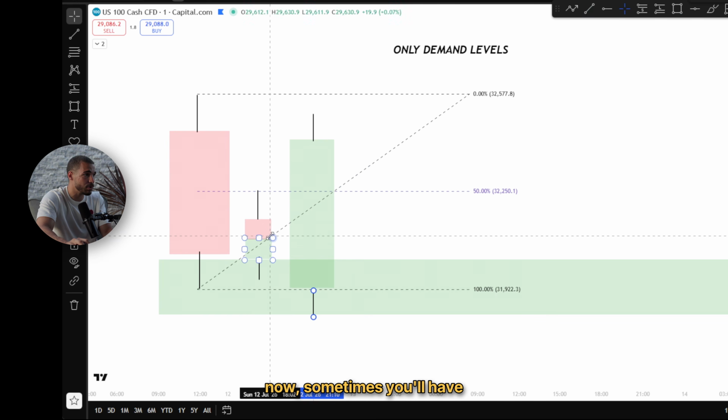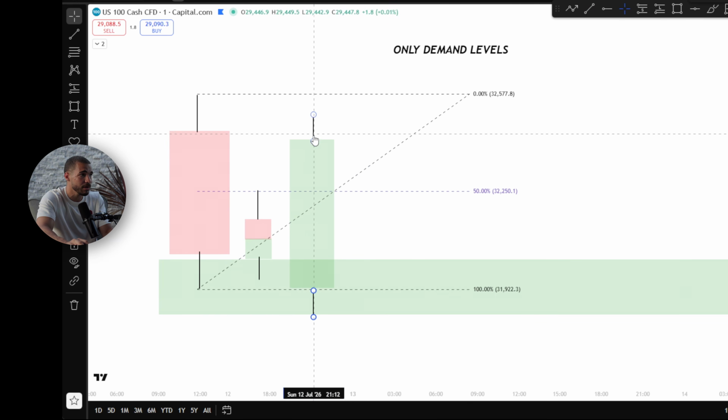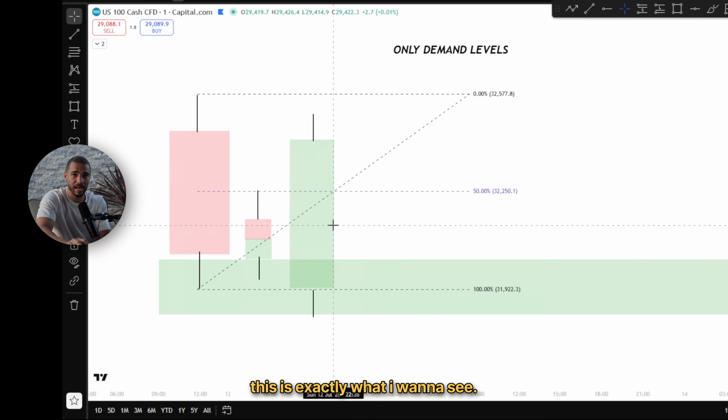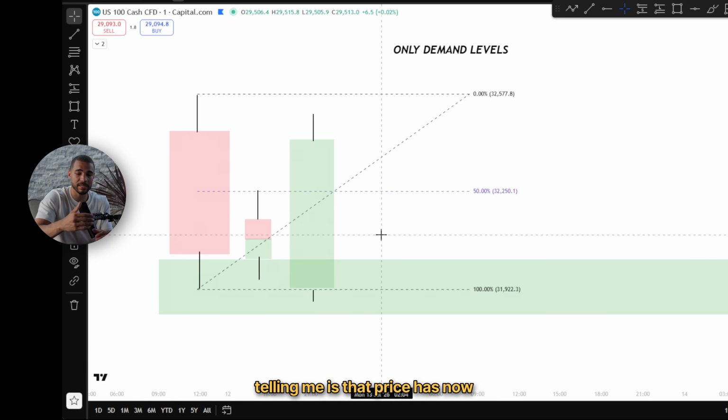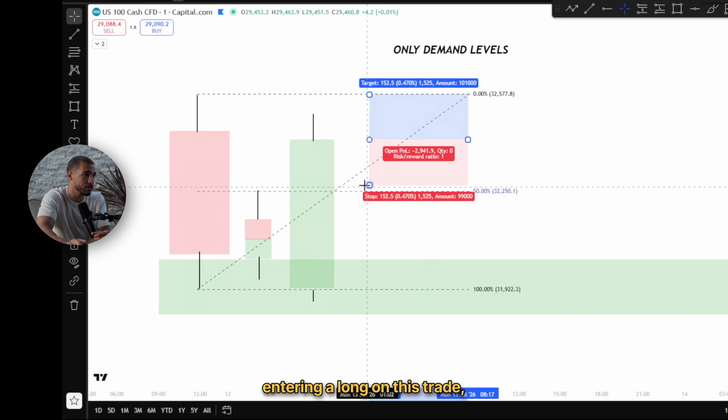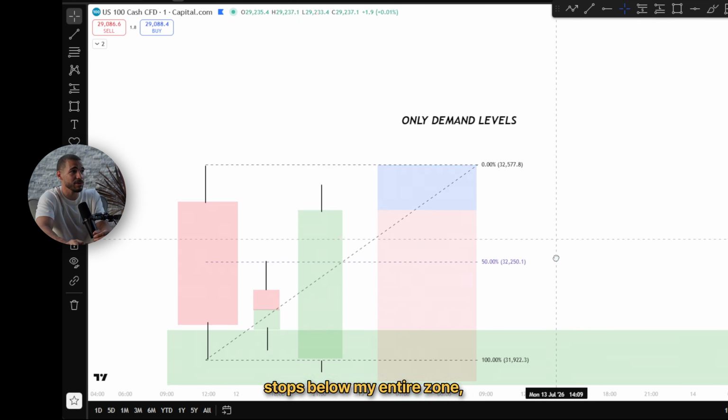Now, sometimes you'll have a couple bearish patterns in here. Sometimes you'll have this one close halfway or something. This is exactly what I want to see. Finally, when that candlestick closes above that 50% level, exactly what that's telling me is that price has now given me my confirmation to go long. So at this point, I would be entering a long on this trade, stops below my entire zone, take profit